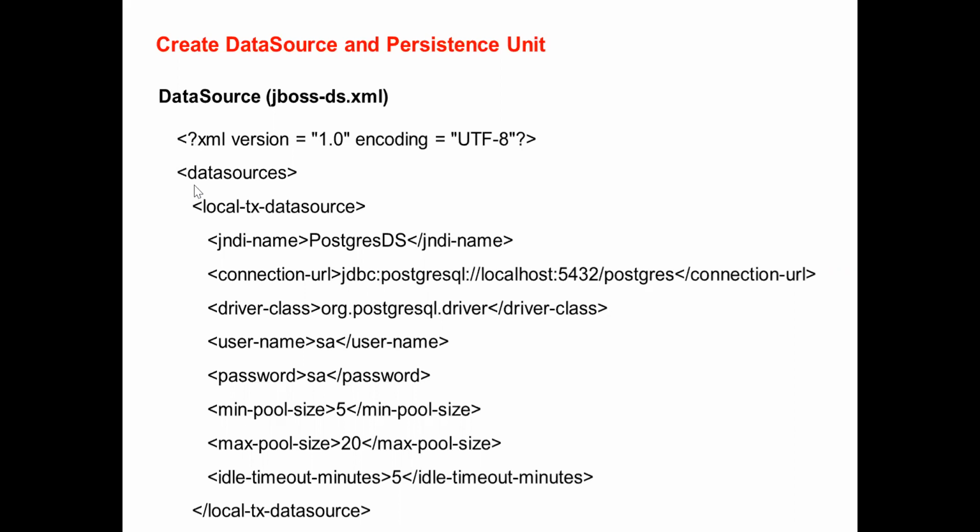In that case, I have to start with the datasources within the angle brackets. That is the datasources, and the local tags I can use, the local tx-datasource. This is the head, and then it is the name of the JNDI. XML is nothing but a user interface, so the user can write any script name. So I can use the JNDI name of the Postgres data source, and using the connections and the driver class name, password,